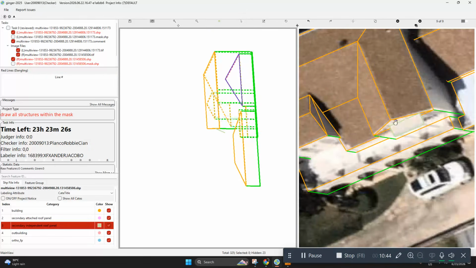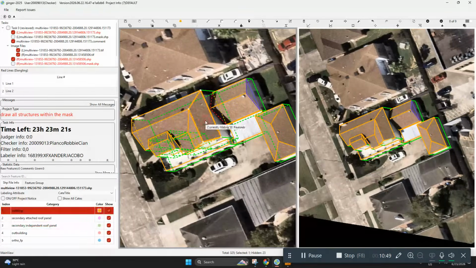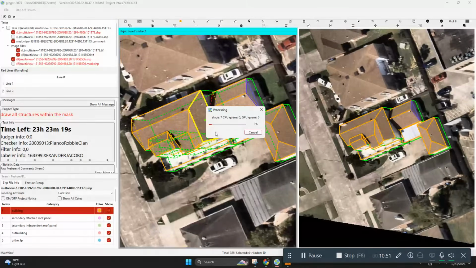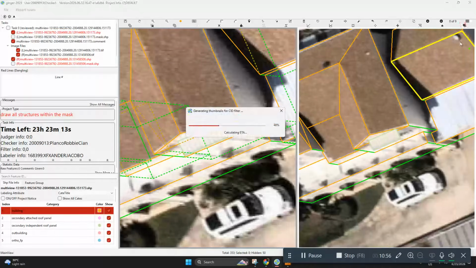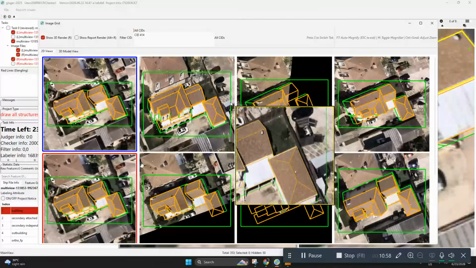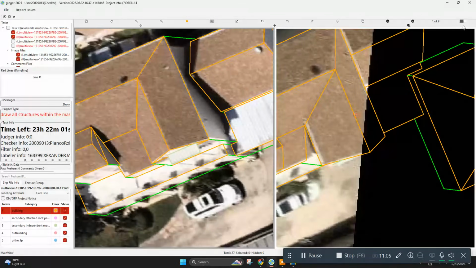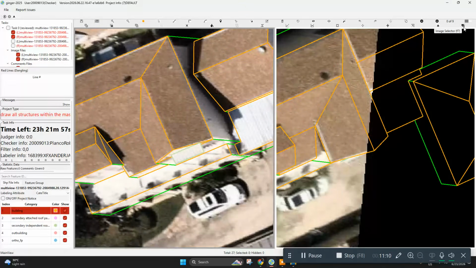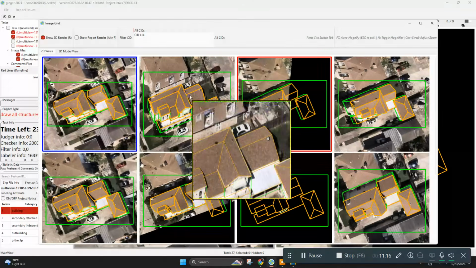Let's check other views. Let's use AutoFix first. Let's check other views if it is correct. So guys, I'm going to restart my software first. Okay, so let's continue. Let's check this one. Let's see if this view is fixed. We'll try to redraw our attachment again.